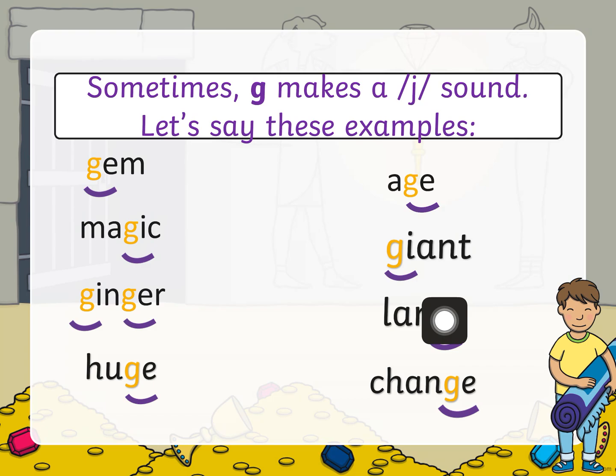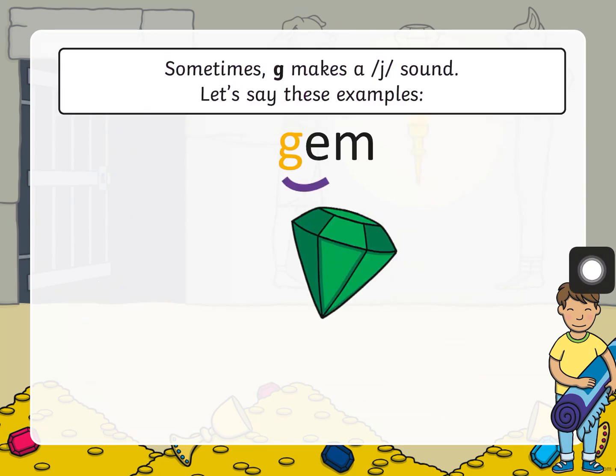All right, this first one over here should sound like giant. The next one is large. And this one over here is change. They all have the J sound, a soft G. All right, so here's gem. Say these with me. Gem,